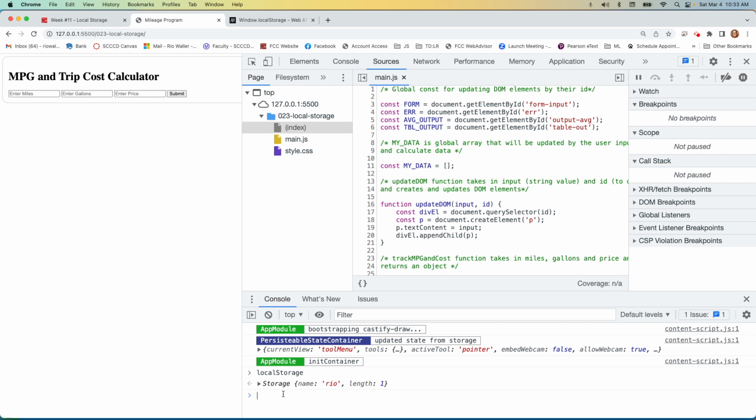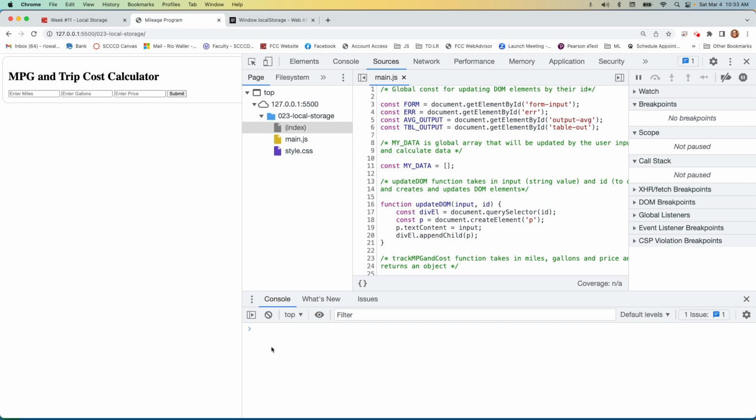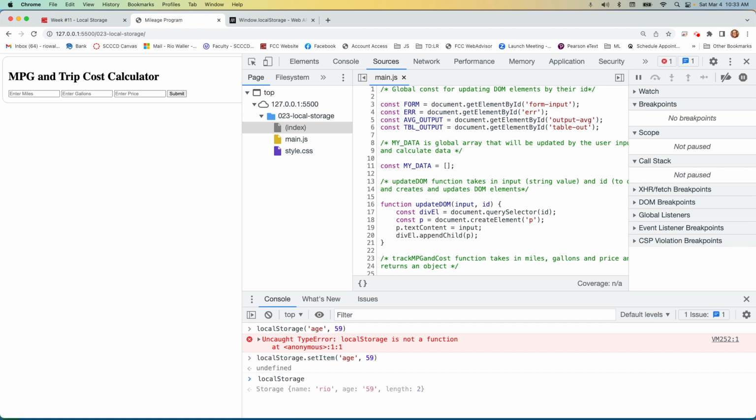So what if we tried to do another one? Let's do local storage set item, in this case age, comma, 58. Showing your age there, 59. Okay, that works as well. So now if I roll back up and say, hey, show me local storage again, I have a length of 2, so I have 2 key value pairs inside of here. That's cool, right? So if I just keep setting items,